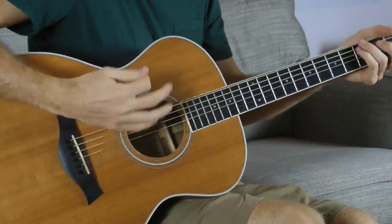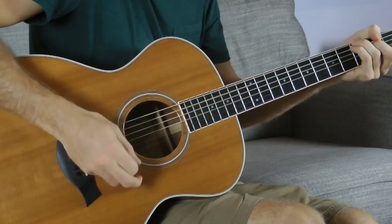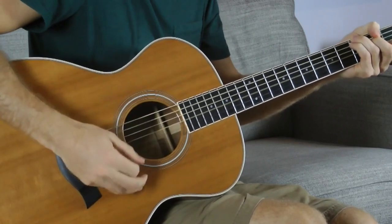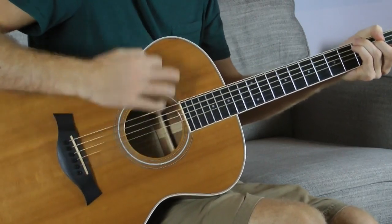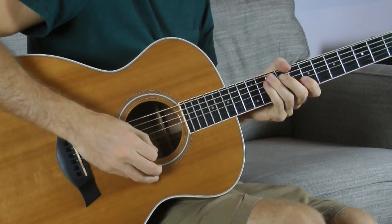But if we count it, 1, 2, 3, 4. 1 and 2, 3, 4. 1, 2, and 3, 4. 1, 2, 3 and 4 and 1, 2, 3, 4 and 1. Just like that. It's a really good way to test if you're really getting that and beat right